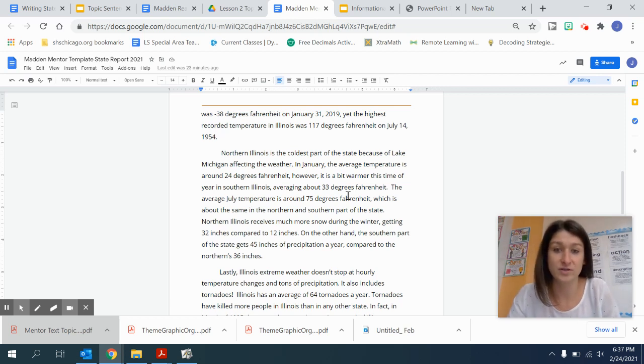Northern Illinois is the coldest part of the state because of Lake Michigan affecting the weather. In January, the average temperature is around 24 degrees Fahrenheit. However, it is a bit warmer this time of year in southern Illinois, averaging about 33 degrees Fahrenheit. The average July temperature is around 75 degrees Fahrenheit, which is about the same in the northern and southern part of the state. Northern Illinois receives much more snow during the winter, getting 32 inches compared to 12 inches. On the other hand, the southern part of the state gets 45 inches of precipitation a year compared to northern's